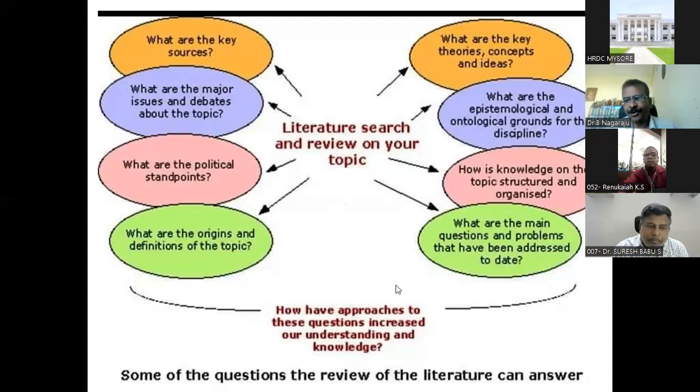Yes, sir. We are in literature review. It is very important when you decide about your topic or research issue. You have to understand what you mean by literature review, how to review, and in what way you have to make the theme precise. That is very important. Otherwise, it's very difficult to submit. With that view, here I am just saying a few words related to that. If you go to the next slide,